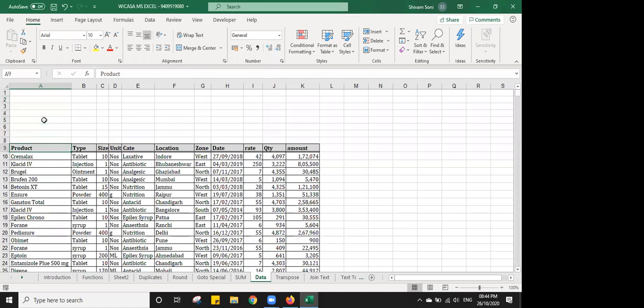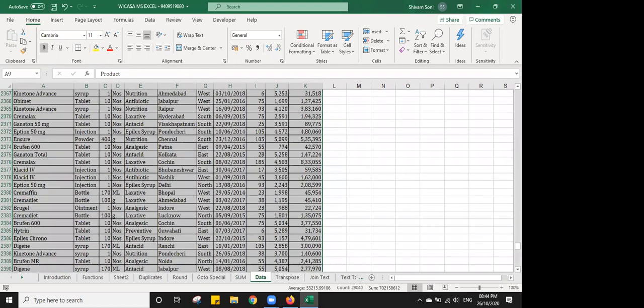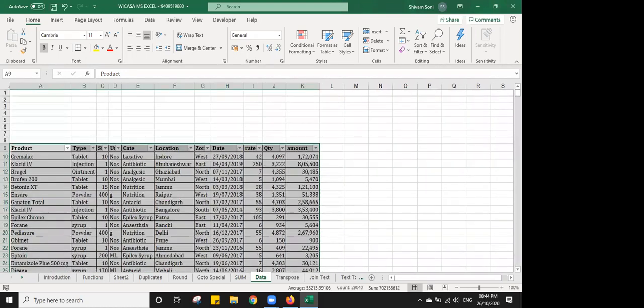How to cross check that data? Select your data. You can simply go to Sort and Filter and apply a filter, or the second option available with you is a shortcut key. You can see my filter has been applied. Now I will click over here and my filter is gone.